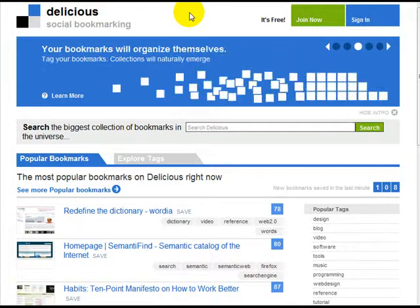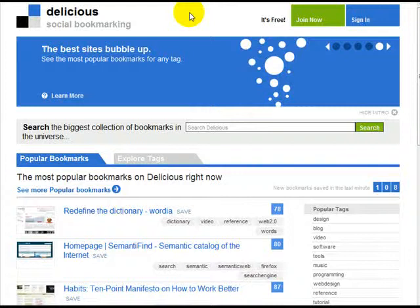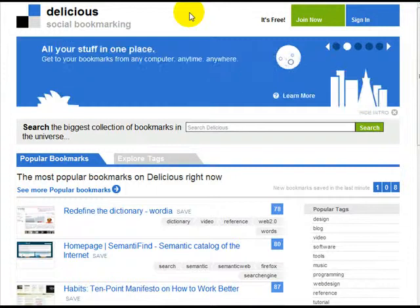goes into your account. So let's say, for example, I have a friend that has similar interests to me. He might want to go onto my account, and of course it's public knowledge. They can go and they can see what I've bookmarked, because if they like one thing that I bookmarked, they probably like other things as well. Another important thing is that, of course, if I bookmark a site and somebody else bookmarks the same site, it's going to show that, of course, people are going to the site and it's important. And people will go on here and they'll look for the things that are being bookmarked a lot and generate